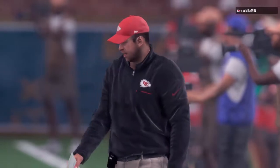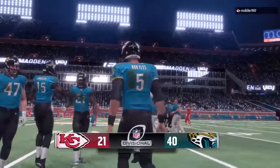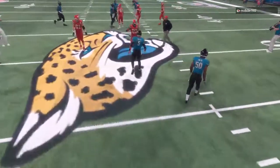And they're moving on to the conference championship. How about this? What a tremendous feeling to get to the game that can get you to the Super Bowl. A fantastic season. Unfortunately, for the other team,